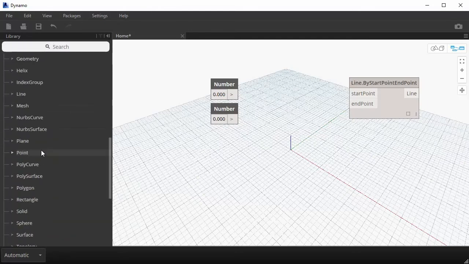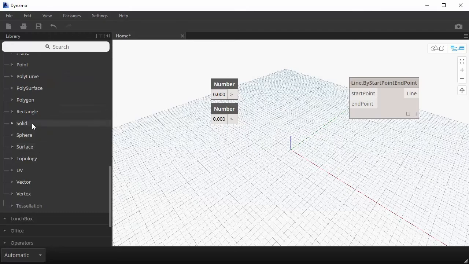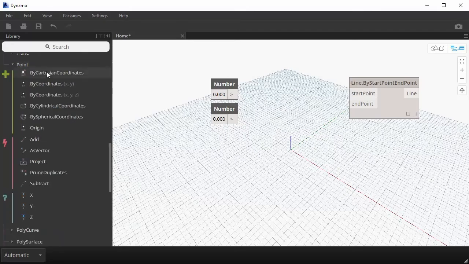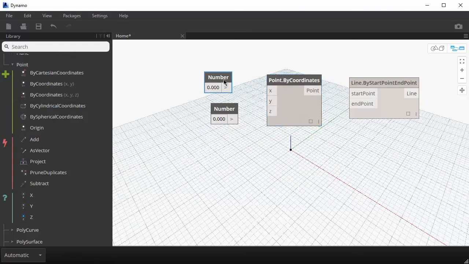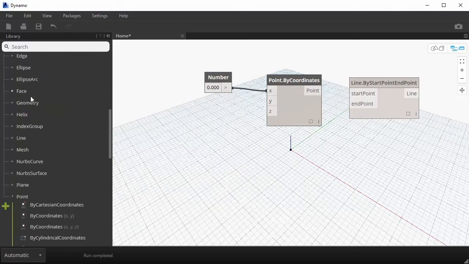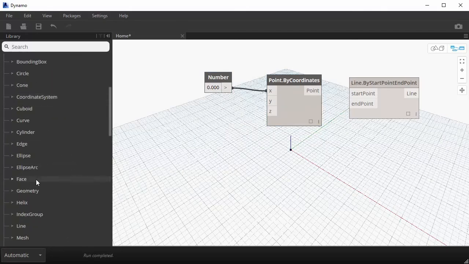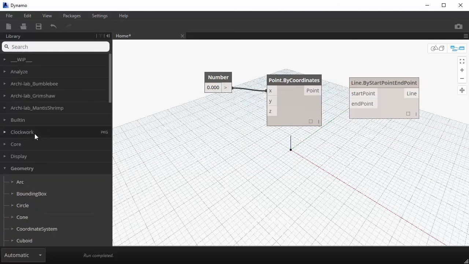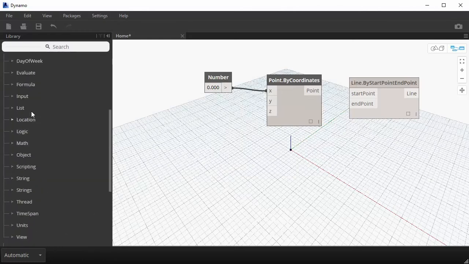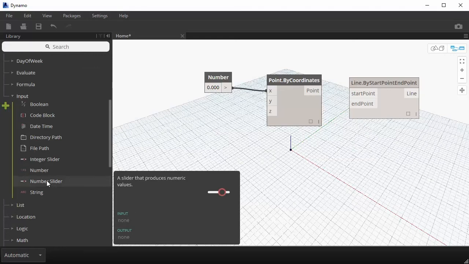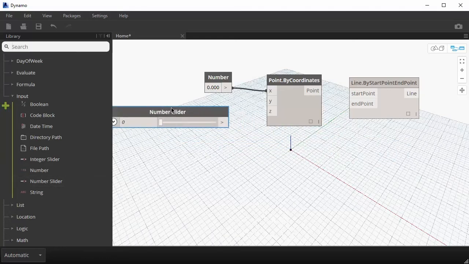I'm going to access a point, and I'm also going to use a slider. So that would be in the core section of input, and there's a number slider.